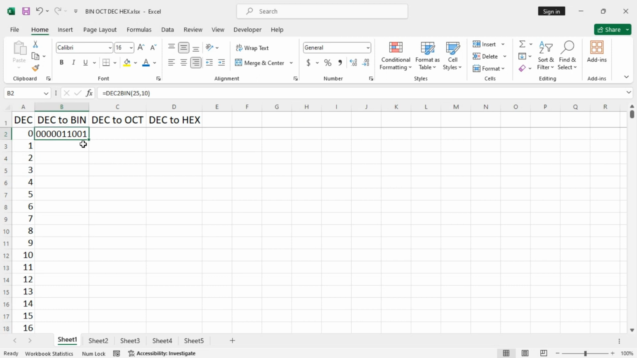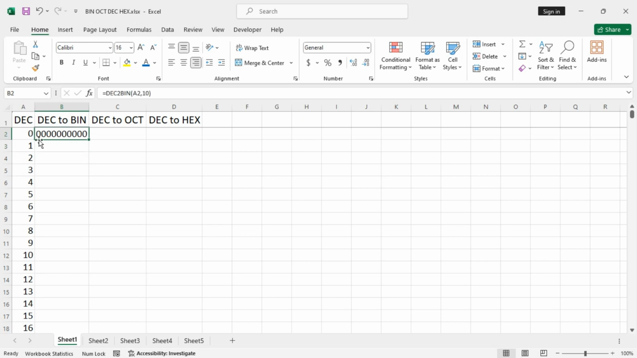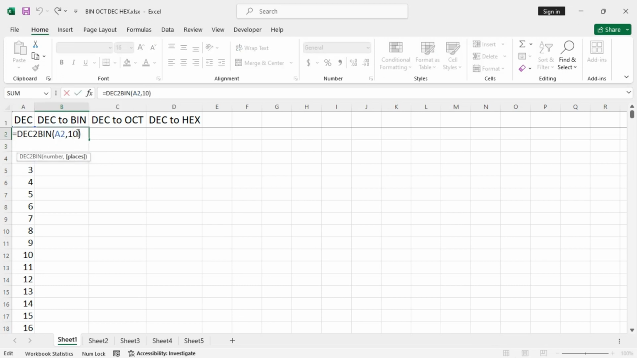Okay, you can also take the cell references for the arguments. For example, instead of typing 25, you can just insert cell A2. Okay, A2 and you will get the same. If you remove the places argument here, for example,